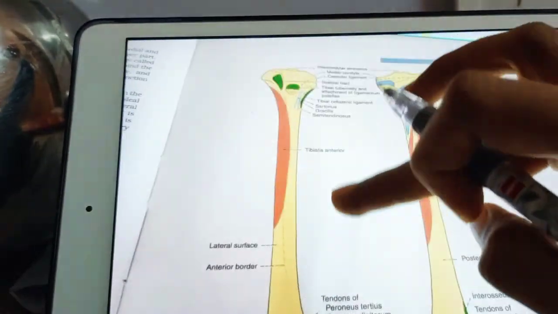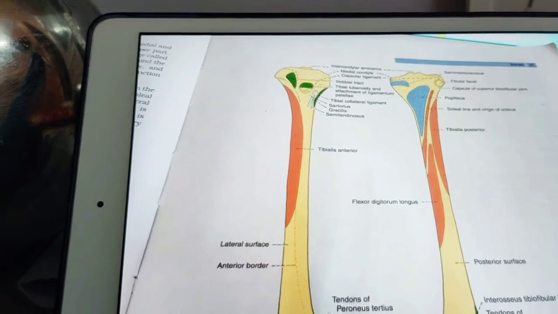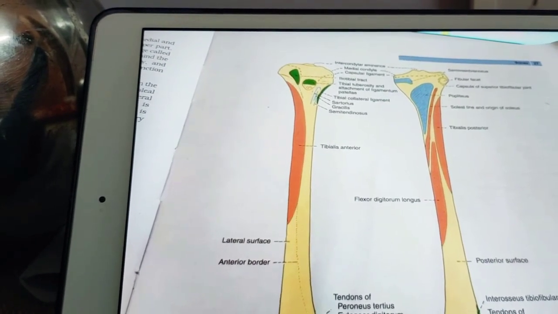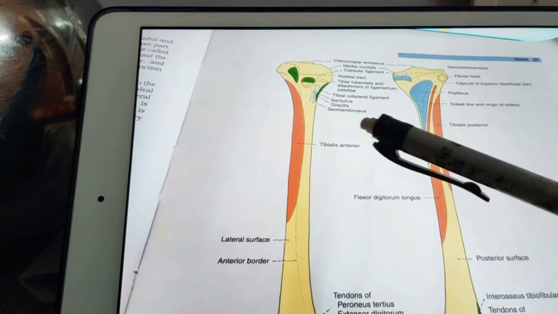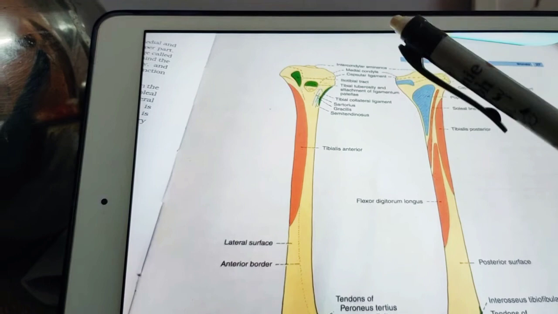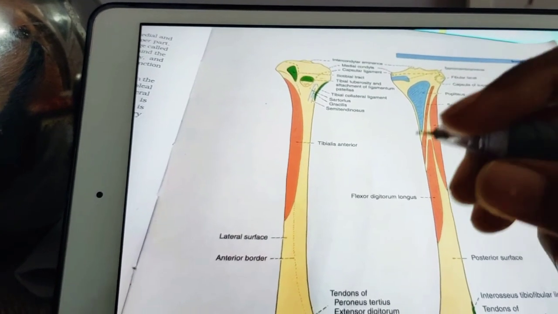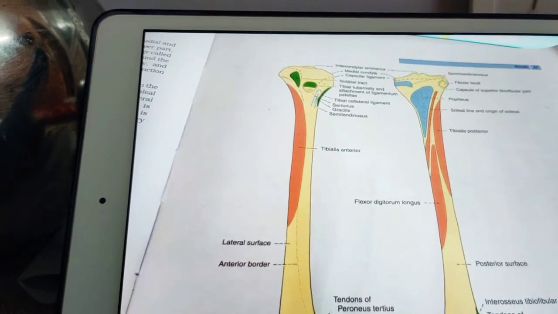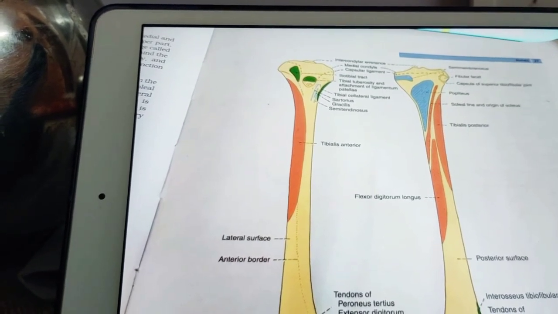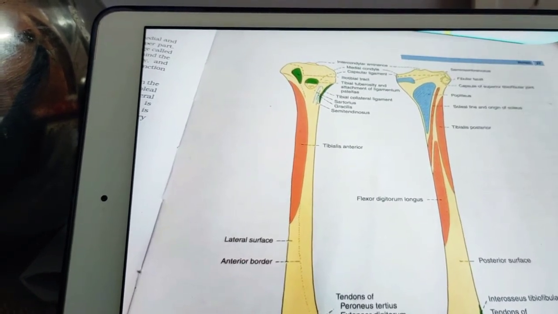The lower one-third is also most slender, and the upper part is the most common site of fracture. Such a fracture may unite slowly or may not unite at all. Sometimes there is union, sometimes non-union, as the blood supply to that part of the bone is poor. This may be caused by tearing of the nutrient artery. If the nutrient artery is present and the blood supply is normal, then it may fuse, and if there is no proper nutrient artery and no blood supply, then they may not fuse completely.